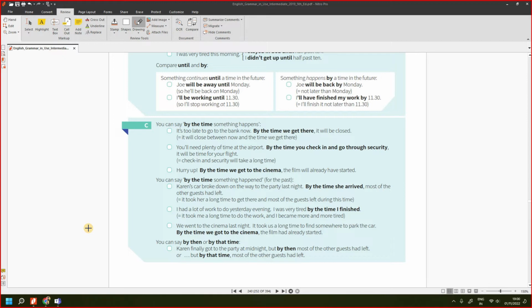constructions you can make with by, if you look, by then you can say. By then means by that time. Okay, that is the understanding that you have to have. By then means by that time, or by that time. Both are same. Okay, you can either say by then or by that time. It just means you're talking about a specific time in the future, right?